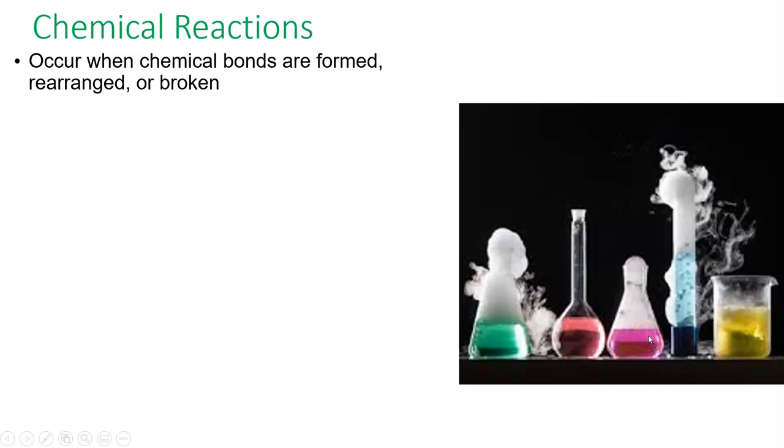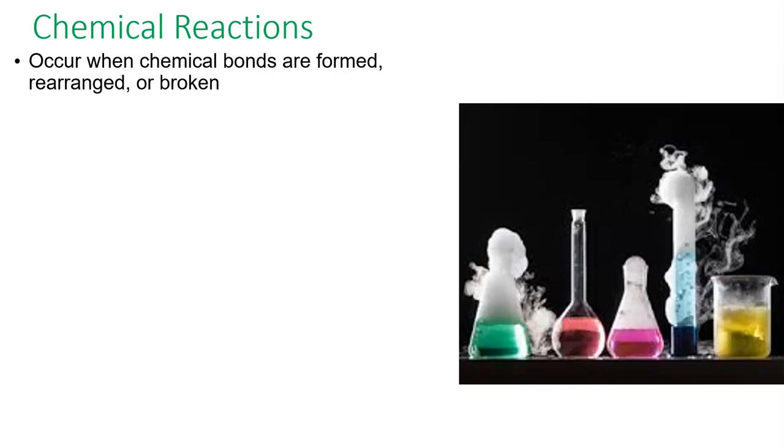Let's look at chemical reactions. So we learned all about these different elements and atoms, and how these elements exist with their characteristics. You might imagine that since they share these electrons on their valence shell, they might be able to react with each other, and that is indeed what happens.